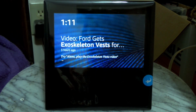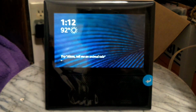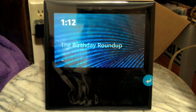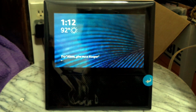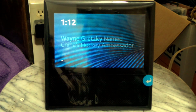I suggest giving it a try, even if you're not a gamer. There may be something on there you may actually run across. I just thought it was very interesting, and so far I absolutely love the Twitch integration on the Amazon Echo Show. I don't really have any problems with it, besides the notifications being kind of clunky. That kind of sucks, but other than that, I'm very satisfied with it, and I pretty much use it all the time. So that was just a quick look at the Twitch skill for the Amazon Echo Show, or for the Amazon Echo